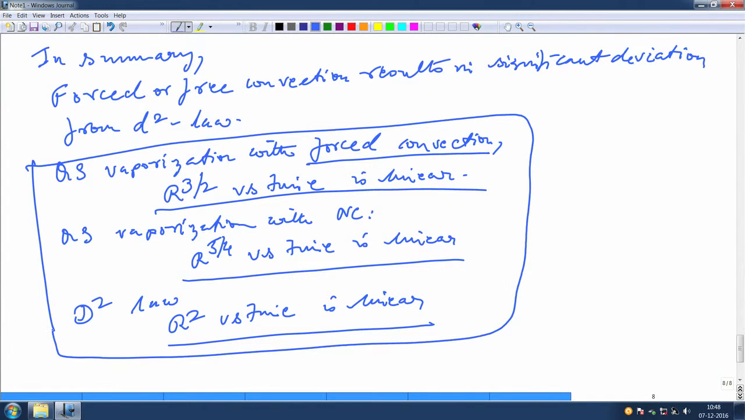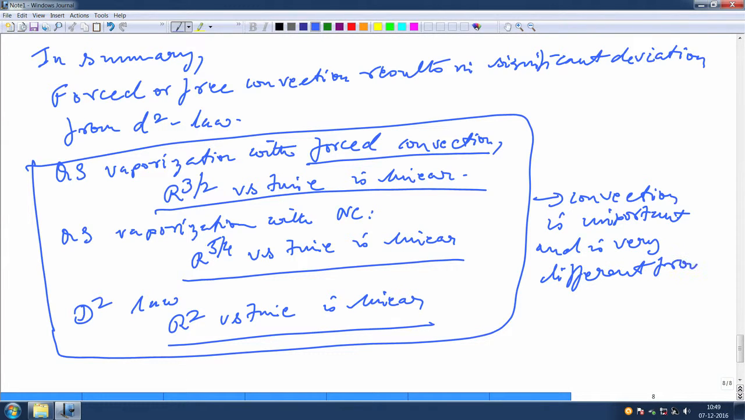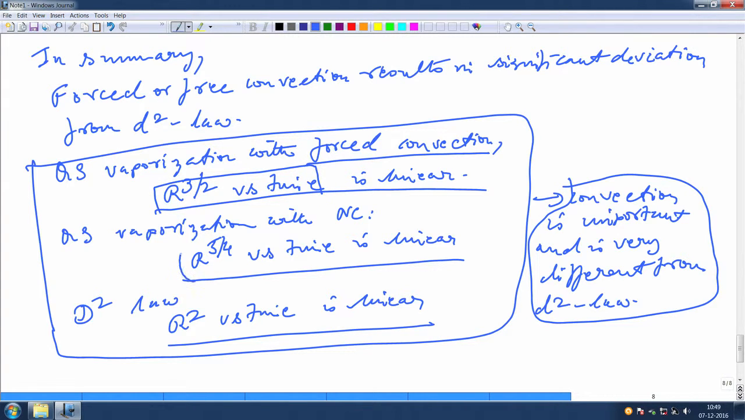The way of stating all this is that convection in whatever form it comes is important, and is very different from your standard d square law. If you recall what were the assumptions taken in d square law, you would find out that this d square law is the simplest, convection was the most complicated. So, during the course of these few lectures, we have gone from the d square law all the way up to the convection, and we have shown that even if you look at it from a global sense,